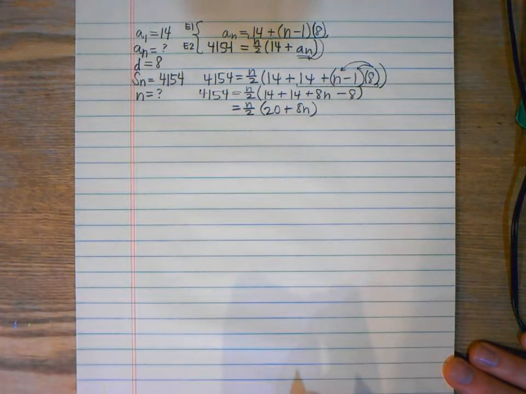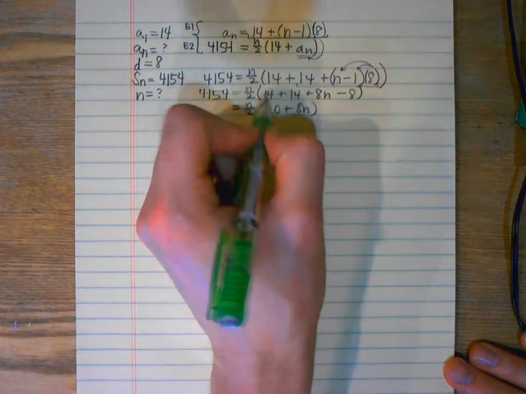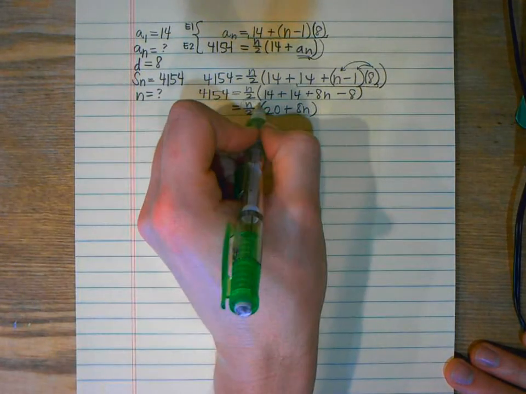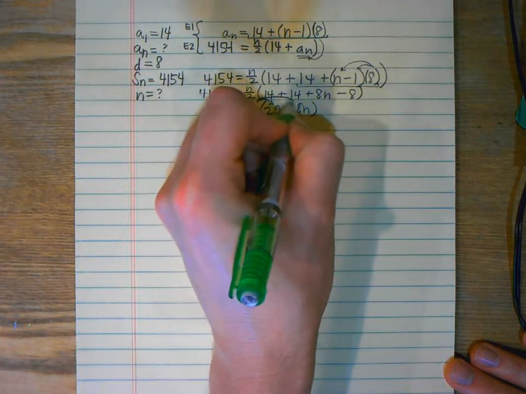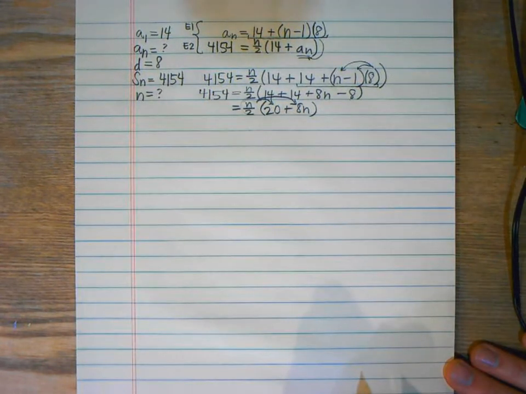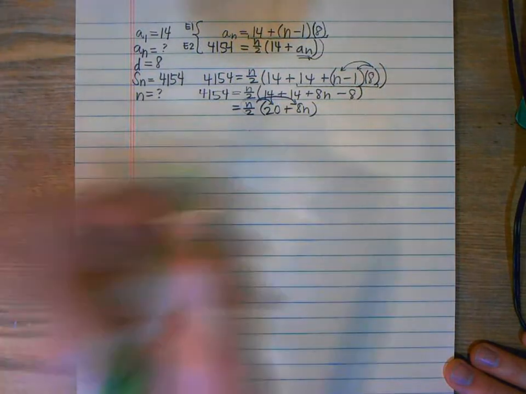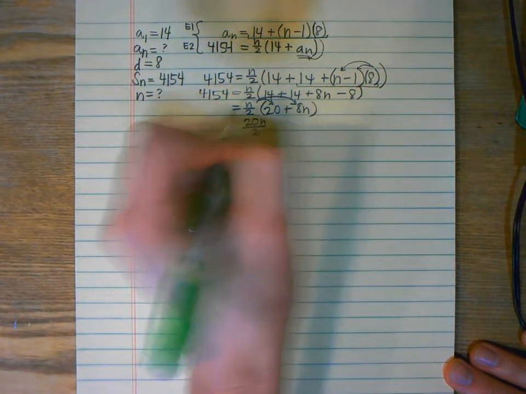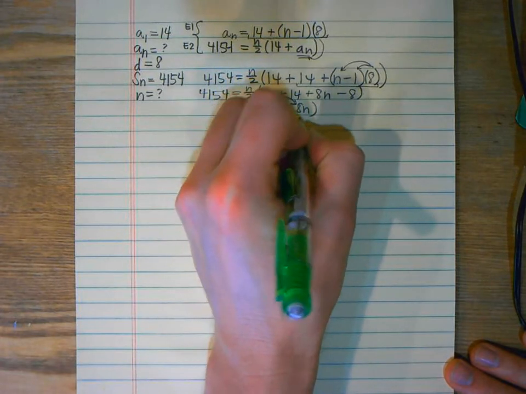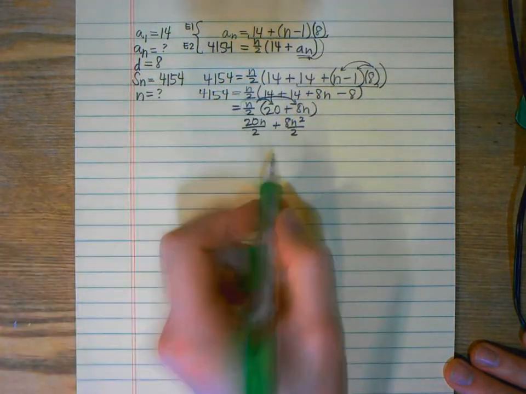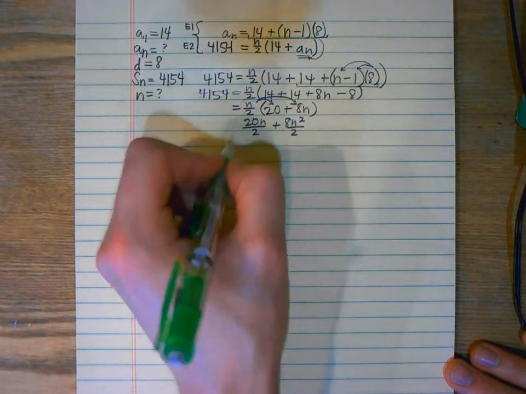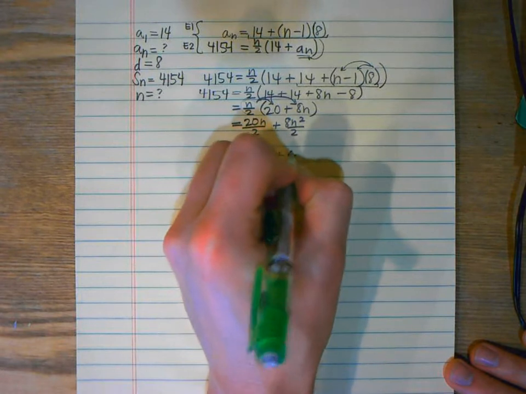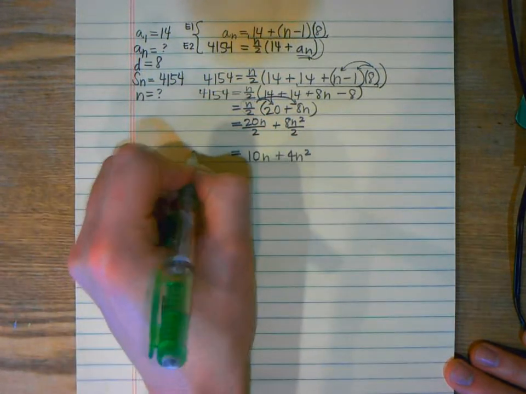Now I have 20 plus 8n in parentheses times n over 2, and I'm actually going to distribute this term, treat it like it was a regular fraction, even though there's a variable in there, and distribute to the terms inside the parentheses. So that means I have 20n over 2 plus 8n squared over 2. Now, because we're great math students, we know that both of those will simplify, so I'll have 10n plus 4n squared, and that's all equal to